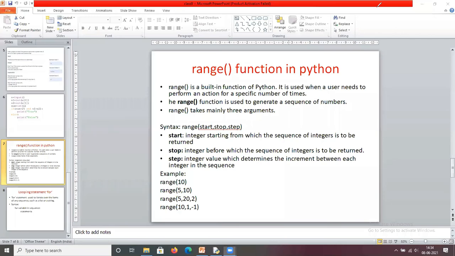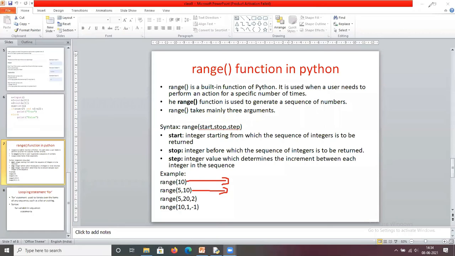Now everyone try to give the answer for this. Range of 10, what does it print? Everyone please respond in the chat box. What is the range of 10?